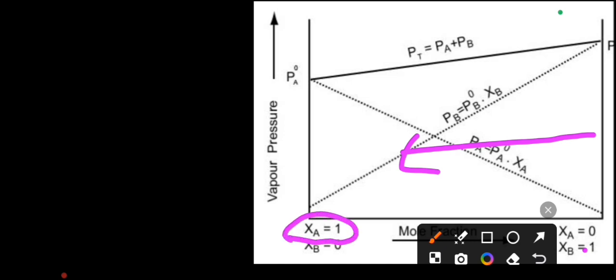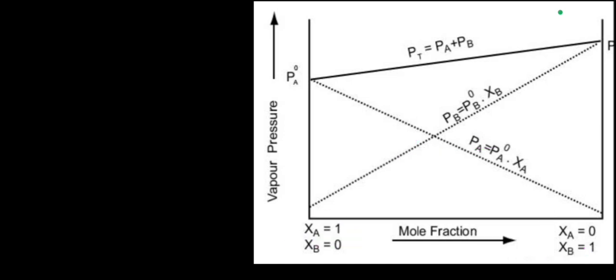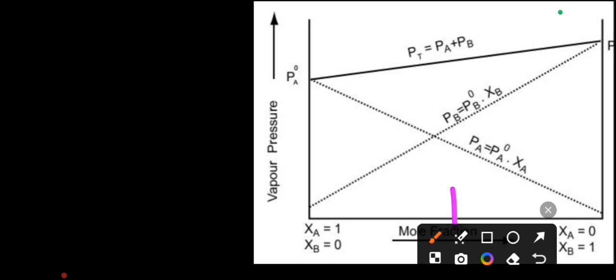Okay, in the same way, if you move from right to left, component B is present only on the right side, then it will decrease and the component of A will increase. So at the center, you can say the mixture of both components is present here. Okay, if you see this